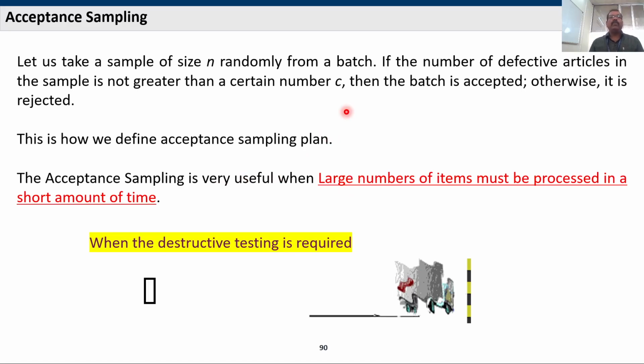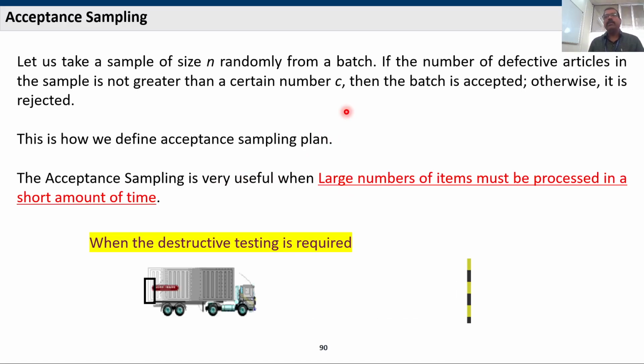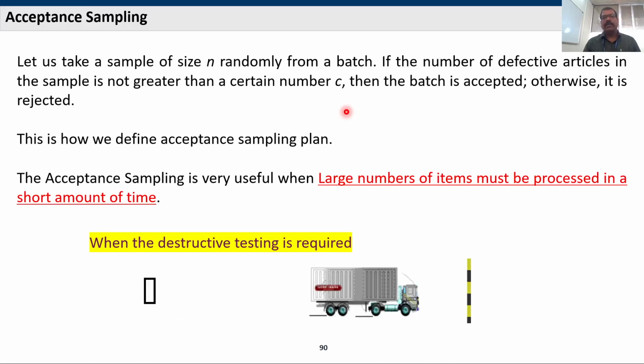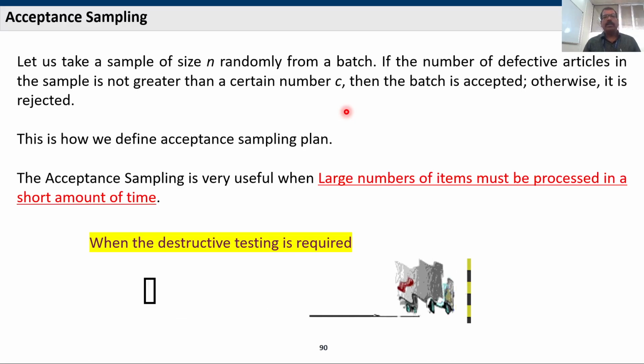So when we go for acceptance sampling, in the sense when a particular component or product or assembly, whatever the product may be, must be processed in a short amount of time. If you have a large number of components manufactured under mass production, you can't spend lots of time. If you don't have time to spend on each and every component, and also you don't have the facilities or the money or infrastructure to test each and every component, then you have to go with the acceptance